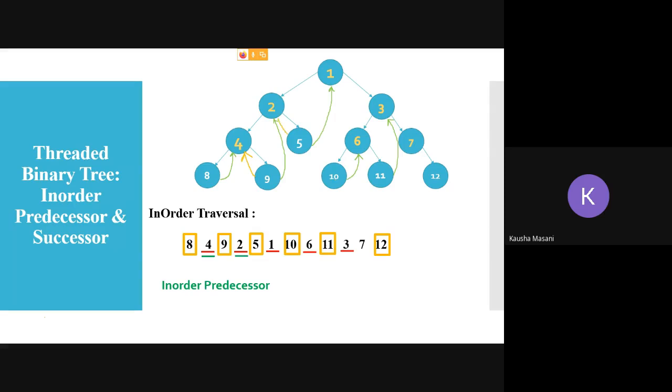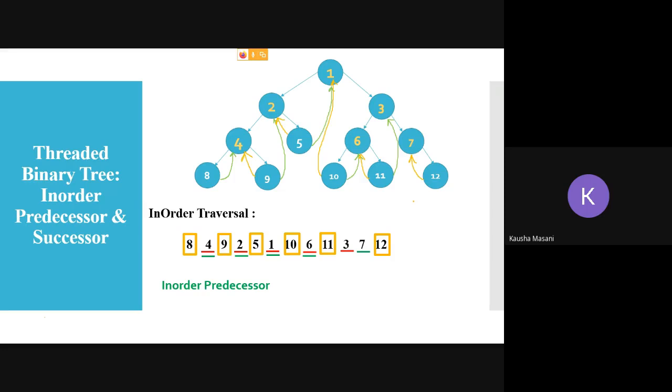Then 10, the left of 10 is going to point to 1. Then 11 is going to point to 6, the left pointer. Then I have 12. For 12 you do have an in order predecessor, and that is 7, so this is going to point here.